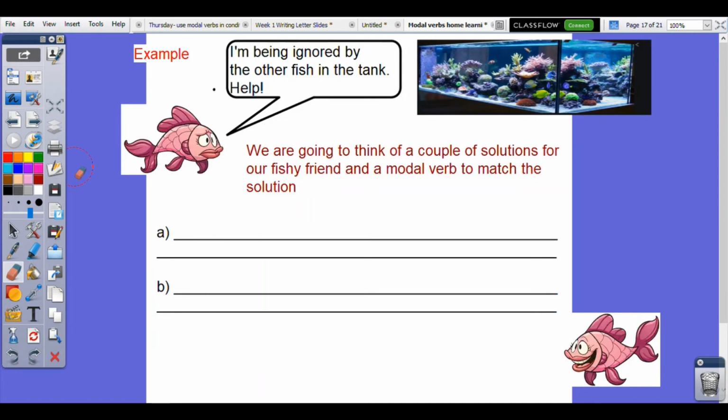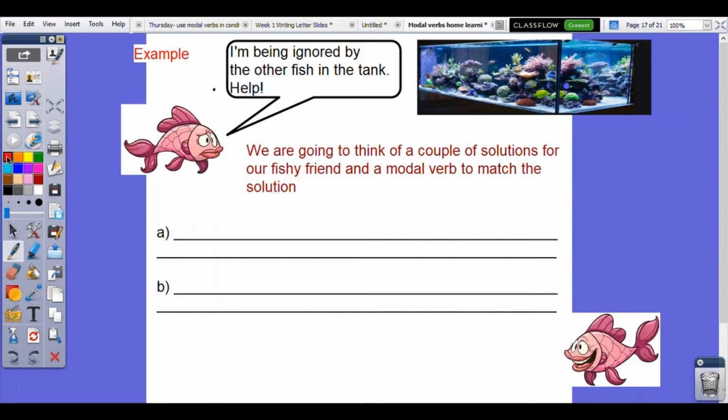Here we have a fish with a problem, so hopefully we can help fix this and find a solution. So they say, I'm being ignored by the other fish in the tank. Help! So we're going to think of a couple of solutions for our fishy friend and modal verbs to match the solution appropriately. So I wonder if you can think of any really good suggestions that we could give for